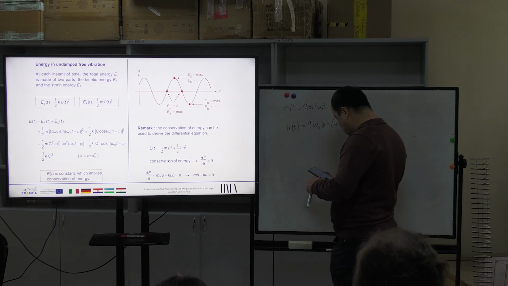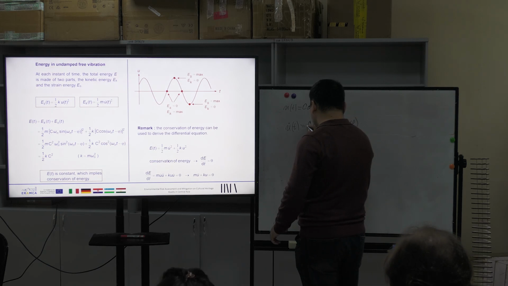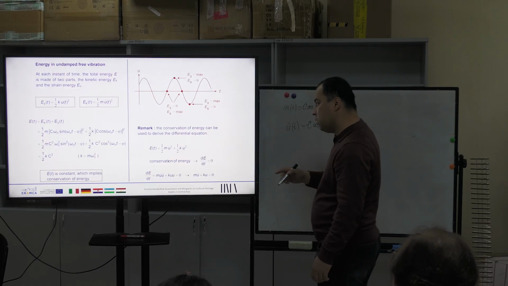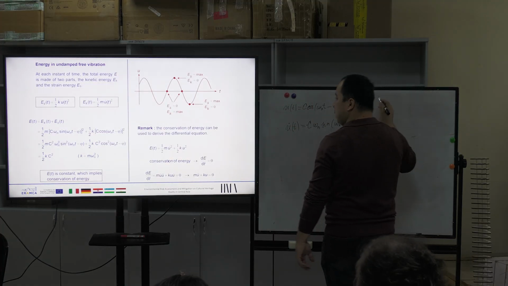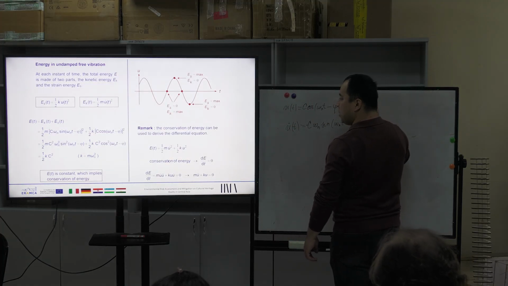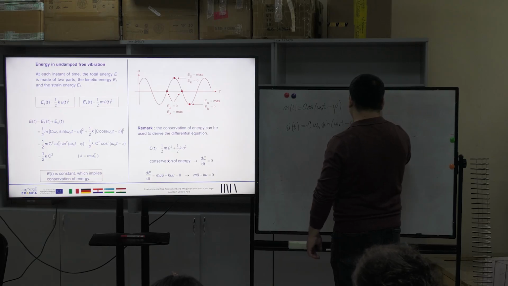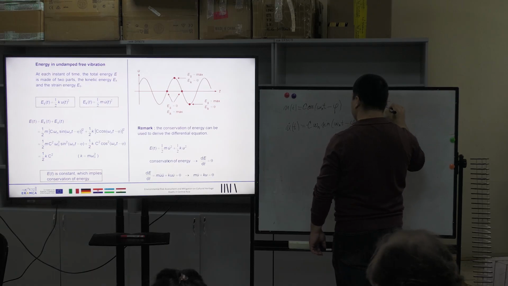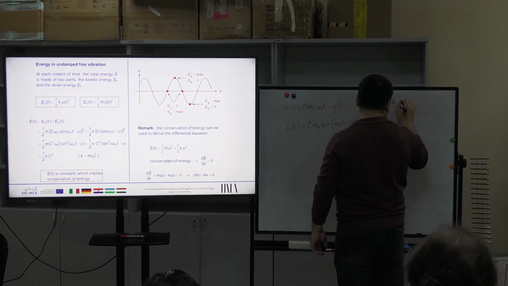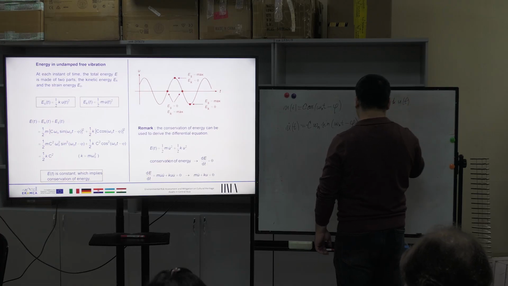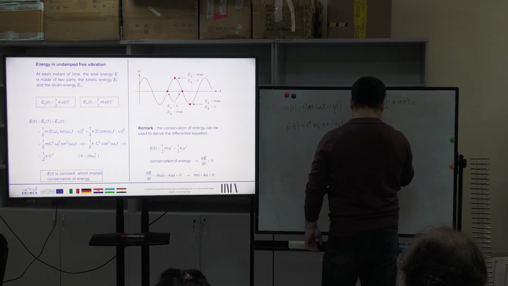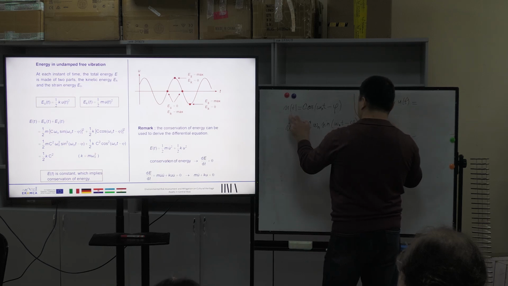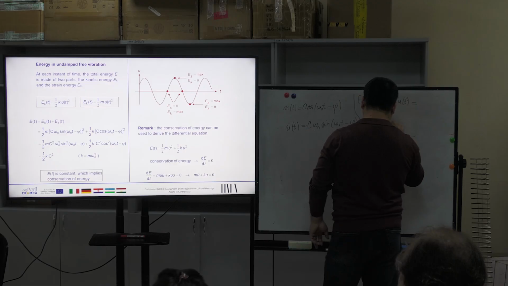Minus. It should be minus. But we wrote here with square, that's why minus disappeared, okay? So in this case, the first formulation will become E_S(t) is equal to 1 over 2 k u(t) squared, is equal to 1 over 2 k. Instead of u(t), I will put this one. C squared